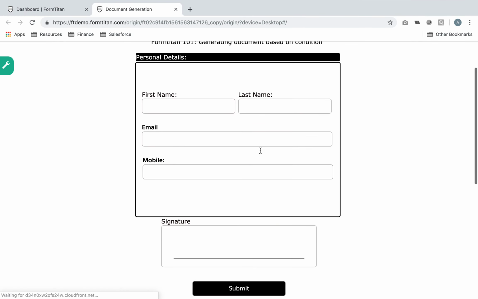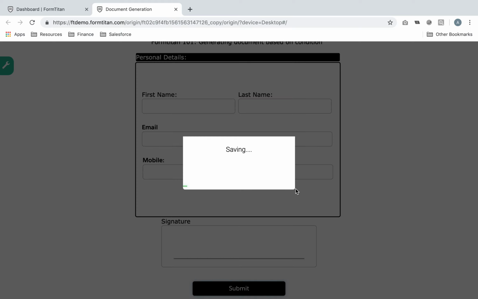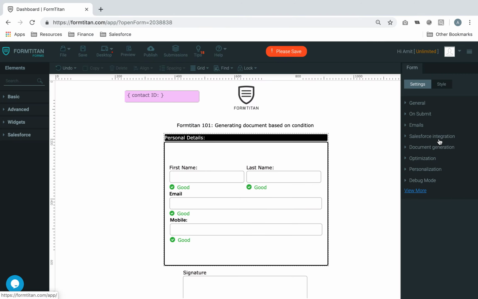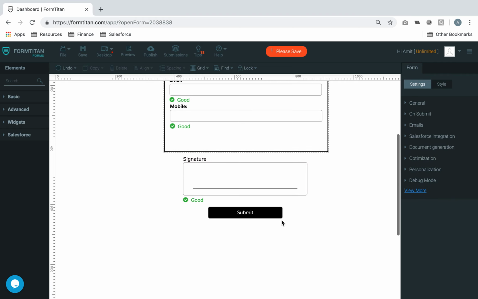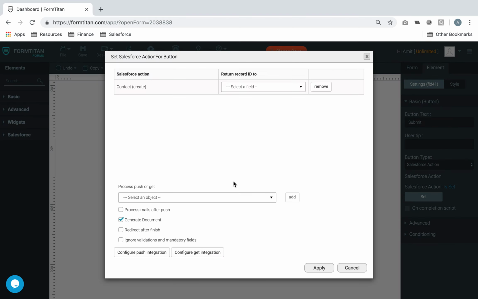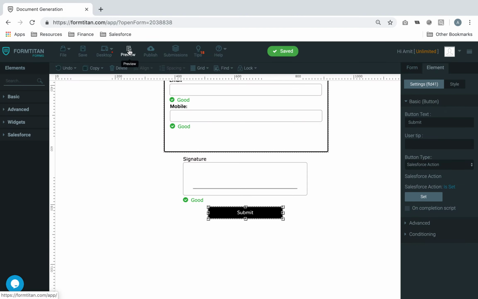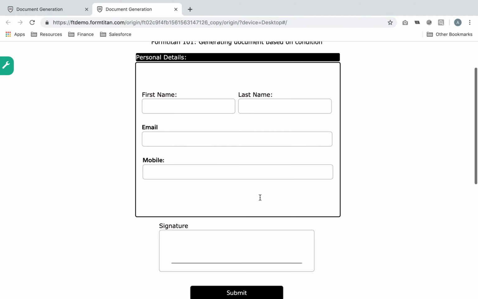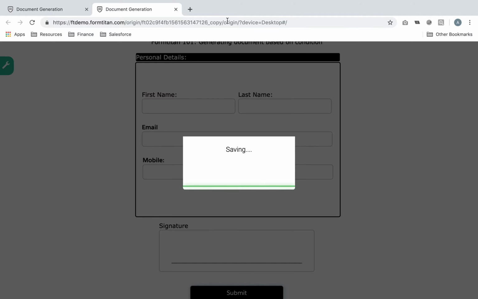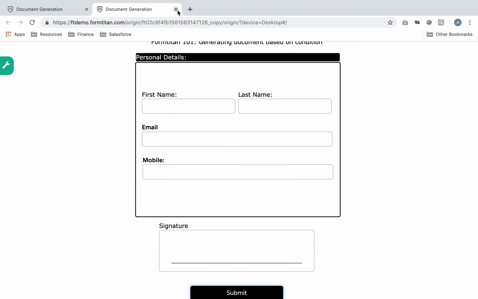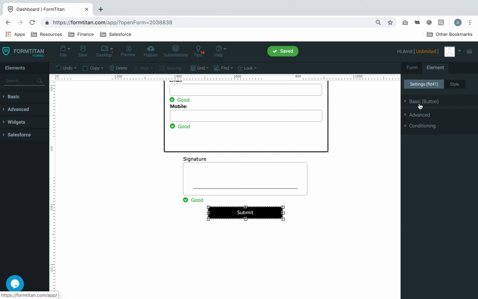So this is basically creating a first name, last name, email, mobile and signature, and if I click submit, whoops, one second, let me just go and turn something off quickly. Go and set in here, apply, save, preview. So what I've done is I've set up a simple PDF that once you click it, it will generate that PDF. So if we go back in our PDF setting,